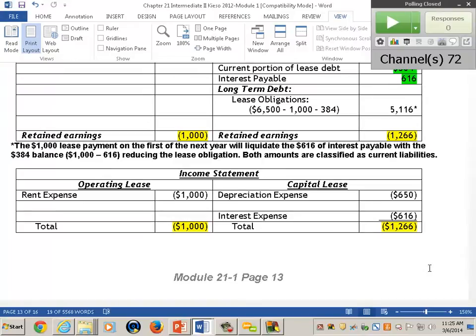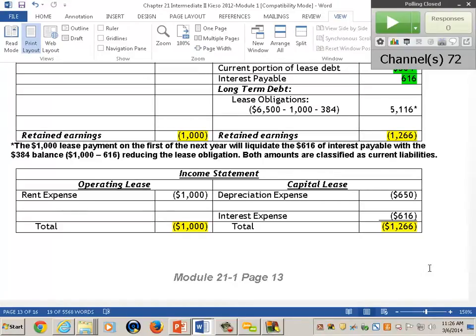But under the new standards, if everything gets capitalized, one of the things I'm reading in financial analyst journals and the Wall Street Journal or other business periodicals is that you could expect an increase in EBIT and EBITDA from the new standard. Because everything's going to get capitalized, you'd be able to keep the rent expense off the books and only show interest and depreciation, which, although it lowers net income, the primary measure in lots of ratios is going to be the EBIT and the EBITDA.